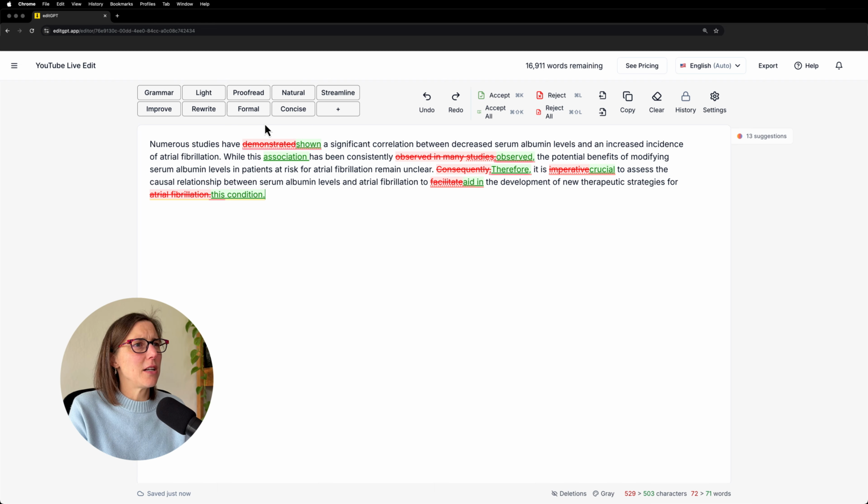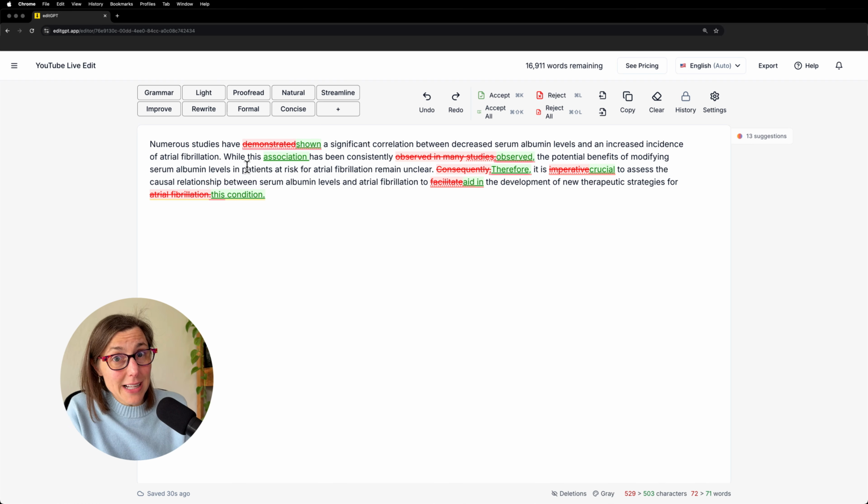So we changed demonstrated to shown, which I talked about before. We also have, while this association. Okay, so one thing that I like about this. Before it said while this has been. So this was an isolated pronoun, meaning that it didn't have a clear subject. And so the tool added in association, this association, to make it clear what this particular sentence is referring to.